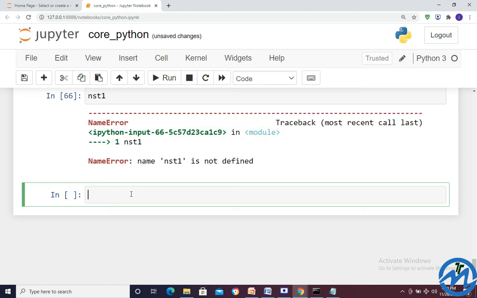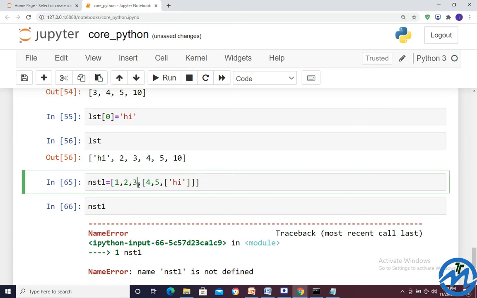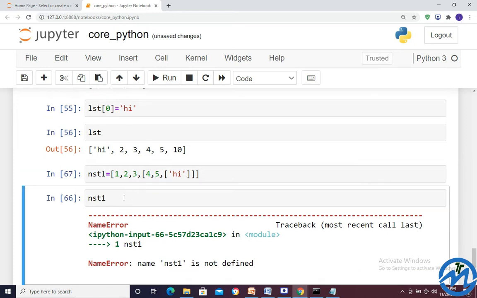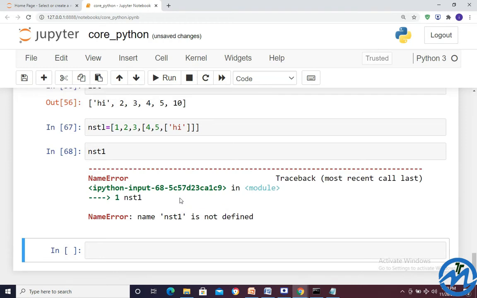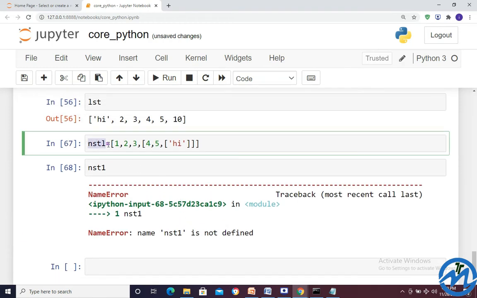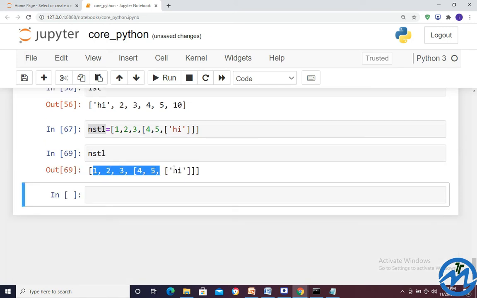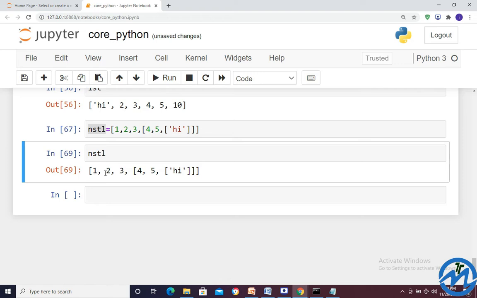NST1. NST1 is not defined. Why is it not defined? I have written NST1, okay, NSTL, sorry. I have given this NSTL. So we got this entire data.